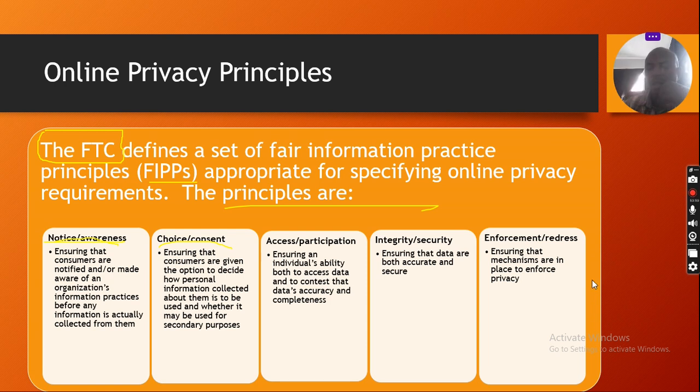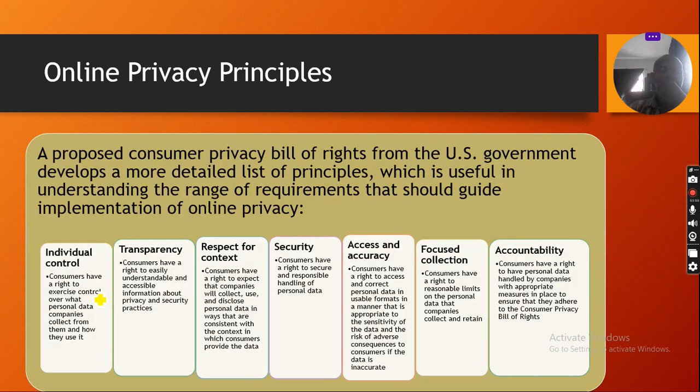Then, still on online privacy principles, individual control. Consumers should have the right to exercise control over the personal data that has been collected from them. Transparency.